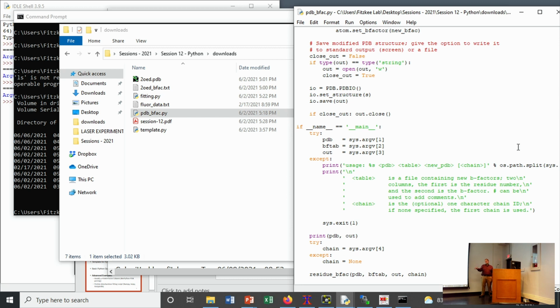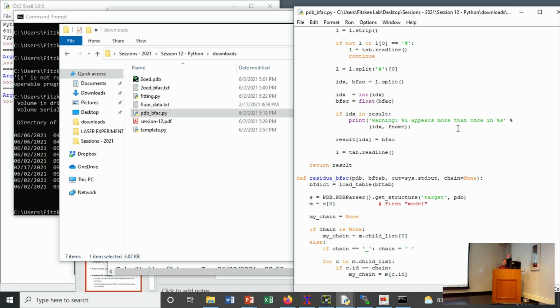So, obviously I need the original file. I need the values that I'm going to use. And I need to basically say where to put the output. And in this case, the chain is optional. If I don't give it a chain, it'll just use the first one it finds. You can see up here,